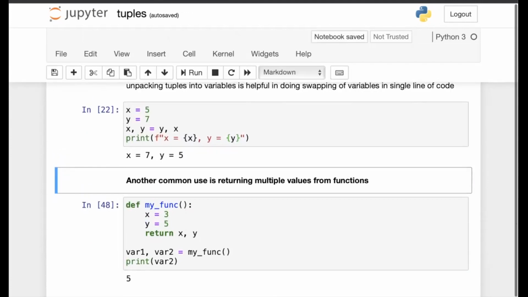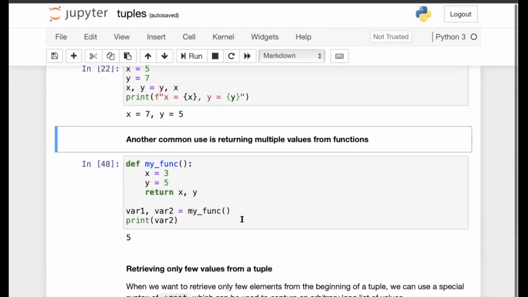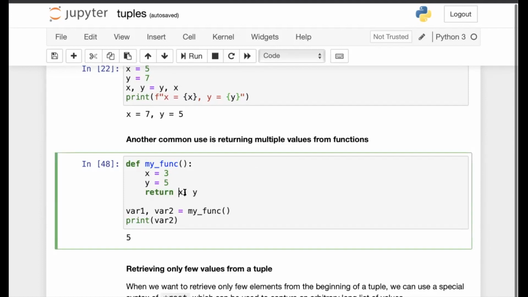Now another common use of the tuple is to return multiple values from functions. When you return multiple values, they are packed into a tuple, and a single tuple data structure is actually returned. Where you call this function, that tuple is returned and you can unpack it into multiple variables.